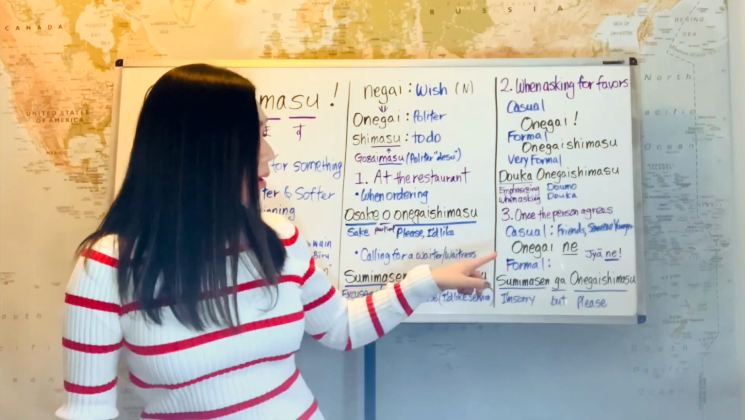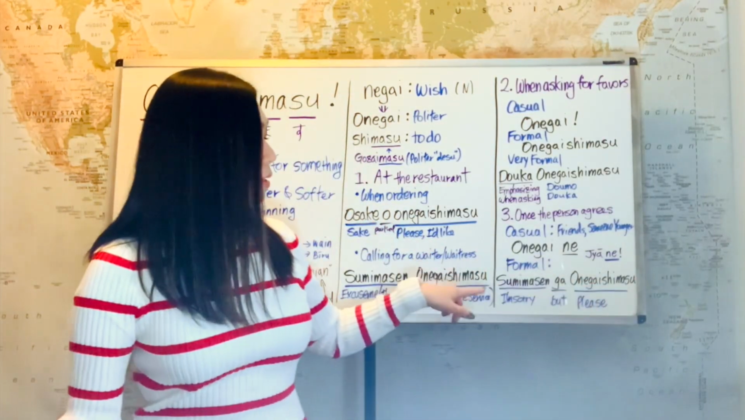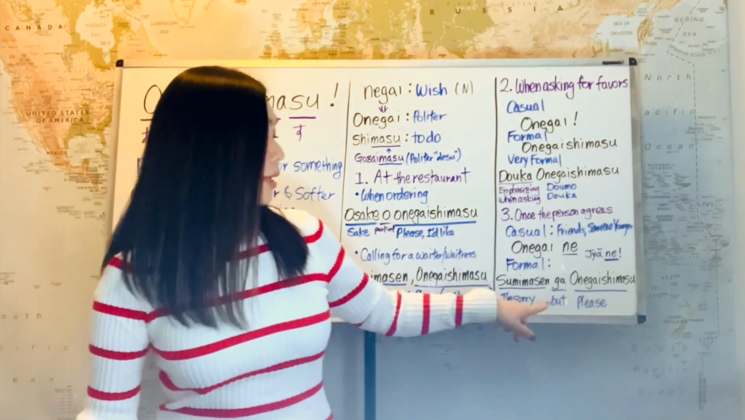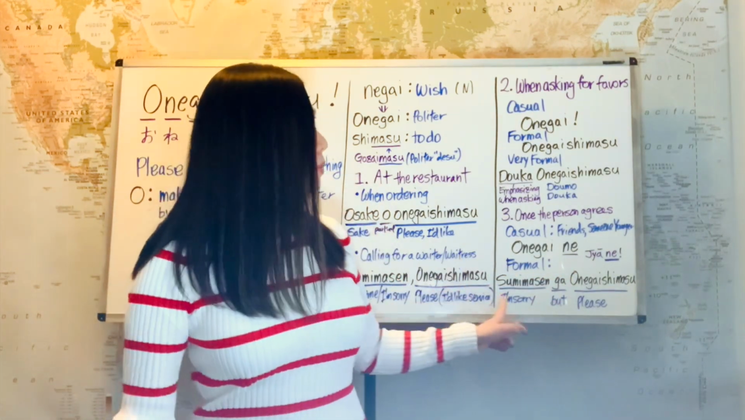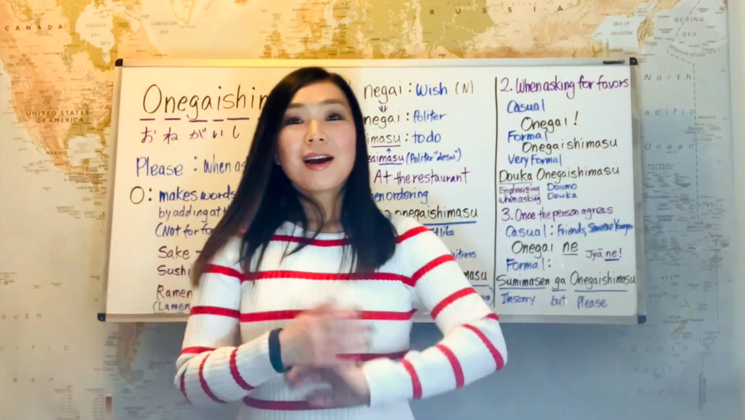And in a formal way, you can say sumimasen ga onegaishimasu. Sumimasen means I'm sorry or excuse me. Ga means but. Onegaishimasu, please. So I'm sorry but please. And this is how we use onegaishimasu